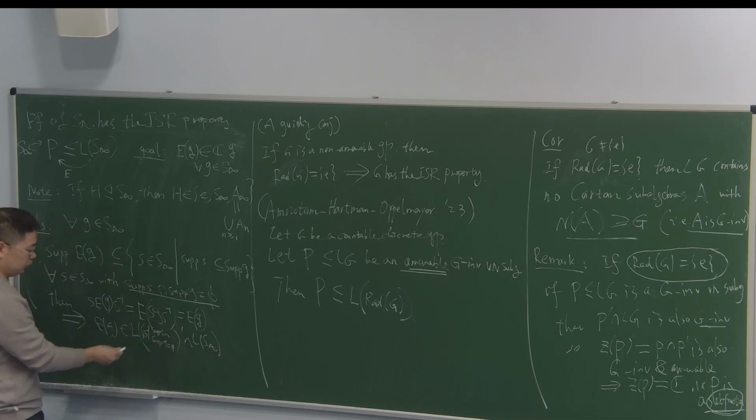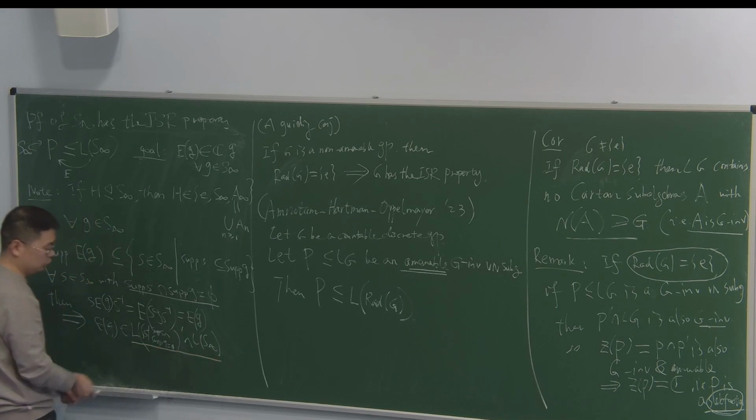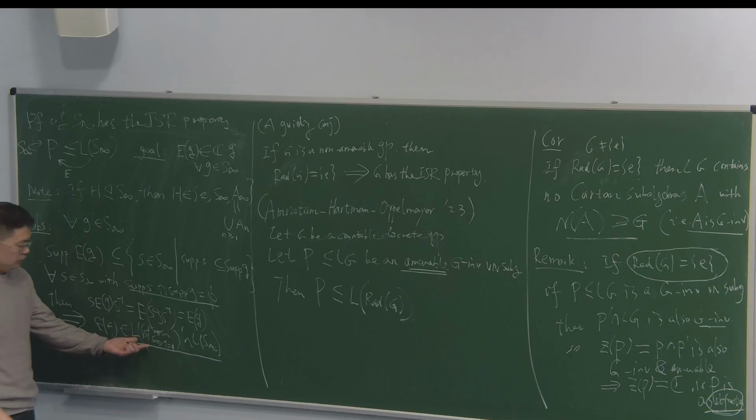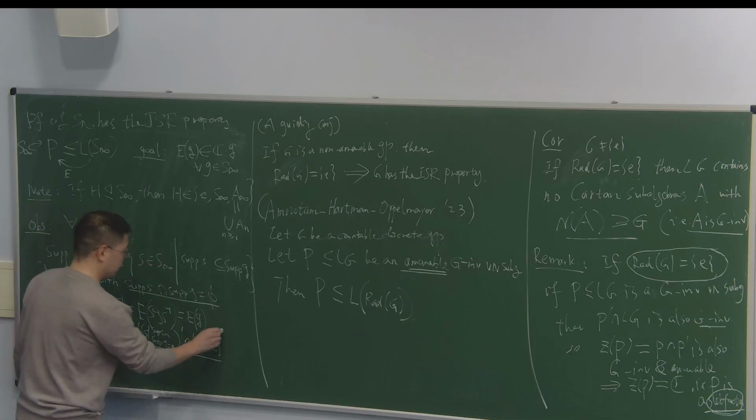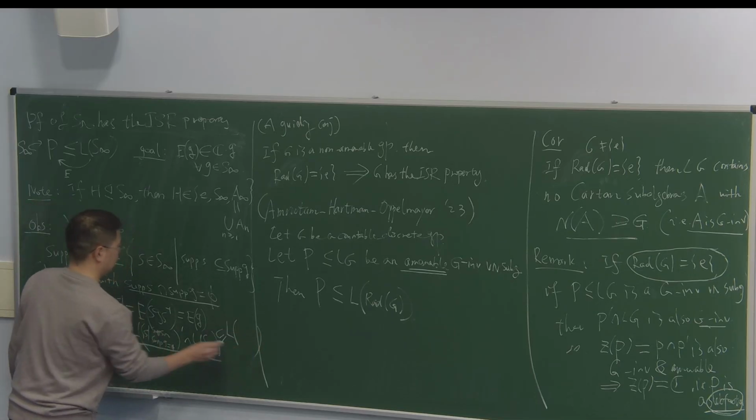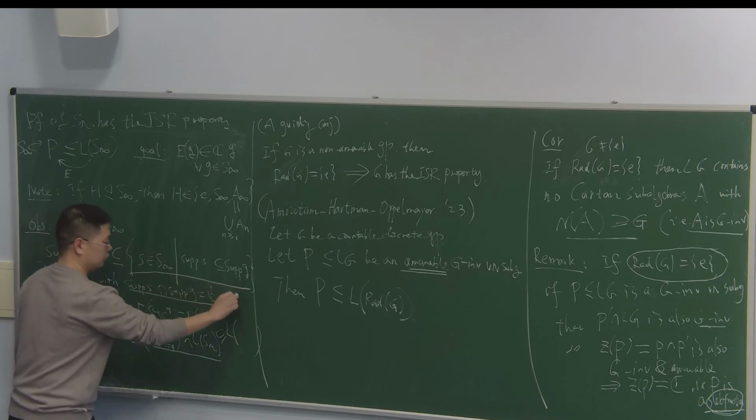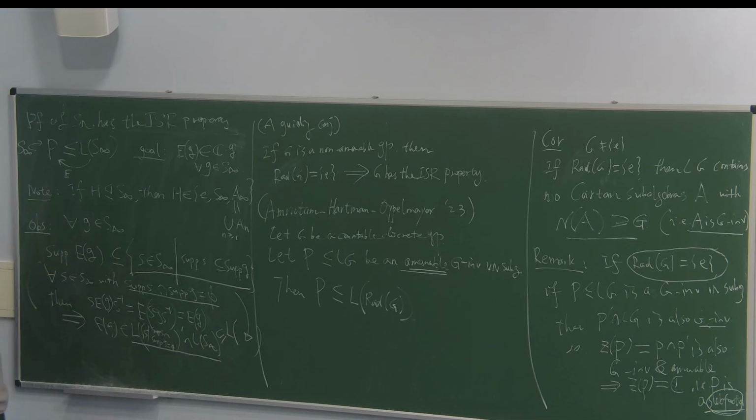But now it's easy to show using the lemma we mentioned last time. This relative commutant is actually contained in L of all the subgroups generated by these elements. So this E(u_g) actually has a finite support.